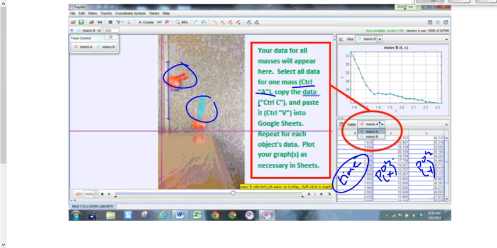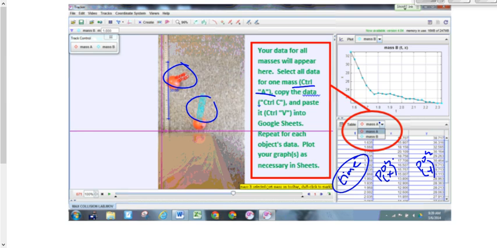We need 8 different velocities. We need the initial velocity, x component, mass 1, the initial velocity, x component, mass 2, the initial velocity, y component, mass 1, the initial velocity, y component, mass 2, and so on. So there's 8 different velocities that you're going to have to find, and you're going to find those all by graphs. But before you do that,